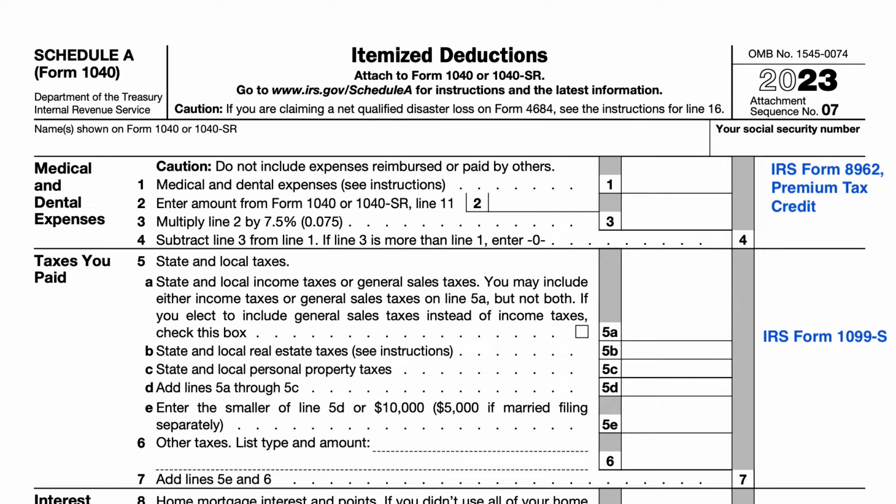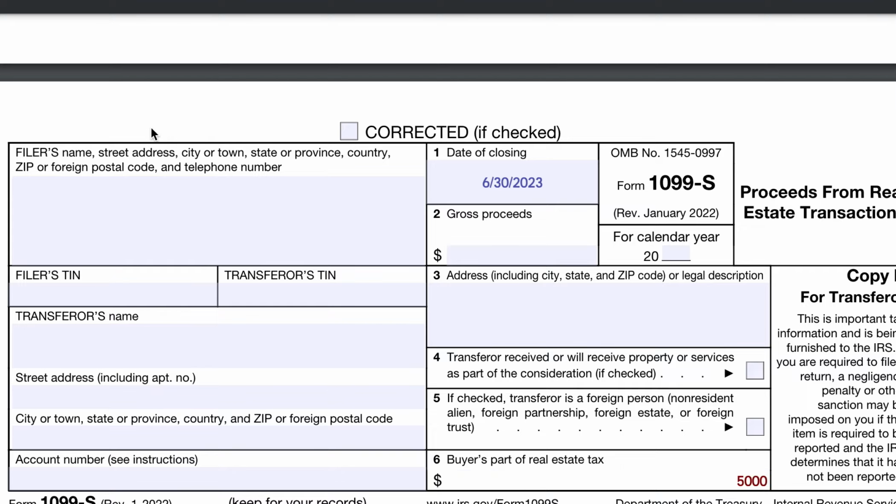However, you are also able to claim as an itemized deduction taxes that you may have paid. So this would be under the real estate taxes. So let's go back to this form and let's just walk through. Let's imagine that in 2023, at the very beginning of the year, you paid $10,000 in taxes. So in this case, you closed on 6/30/2023. So you own the home for half the year and the new buyer owned the home for half the